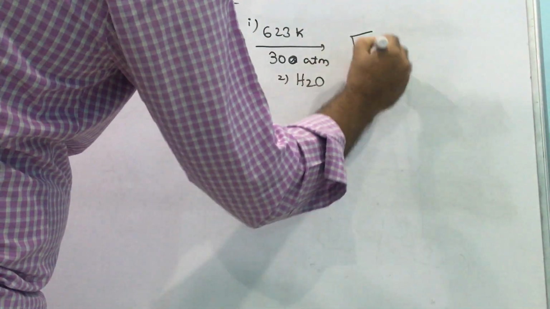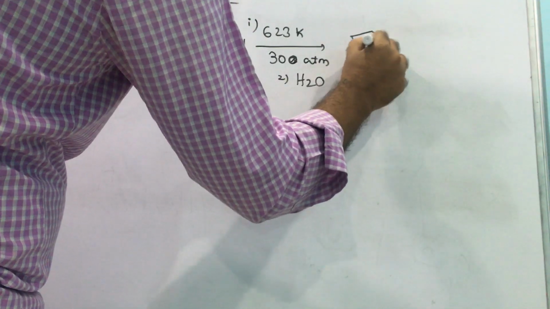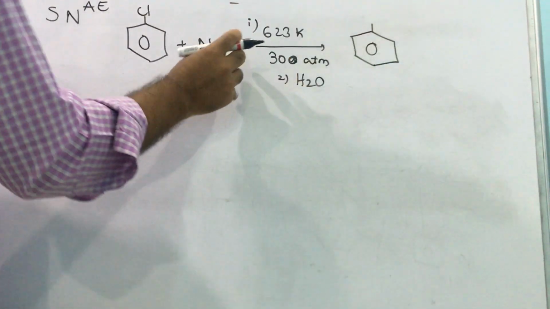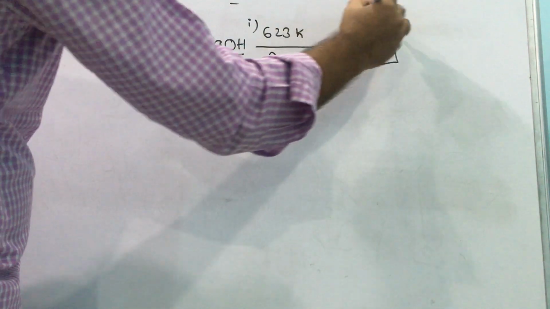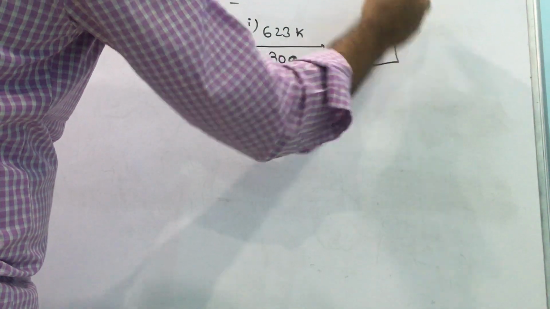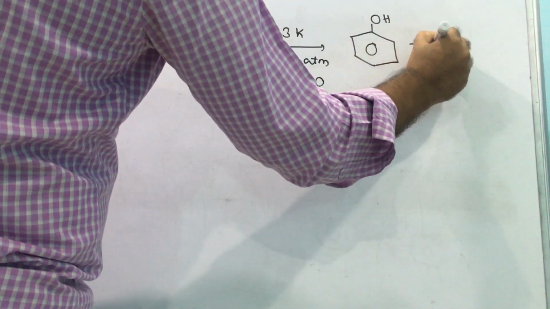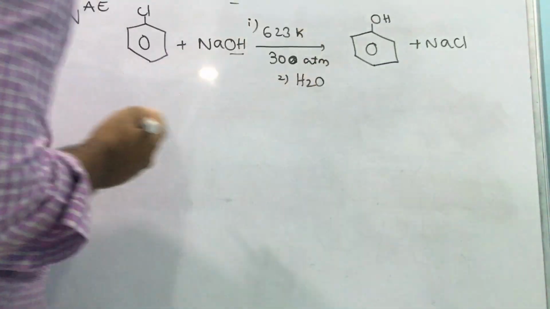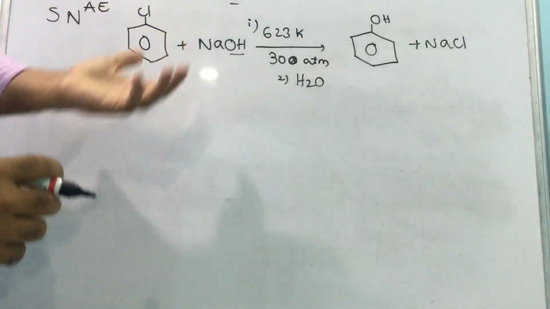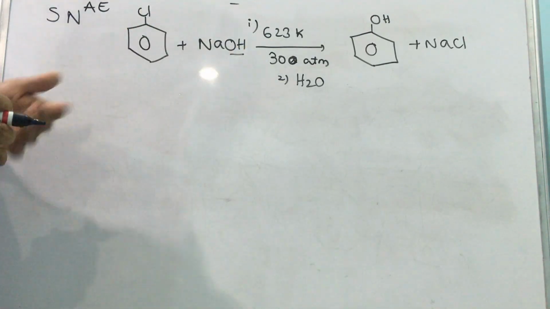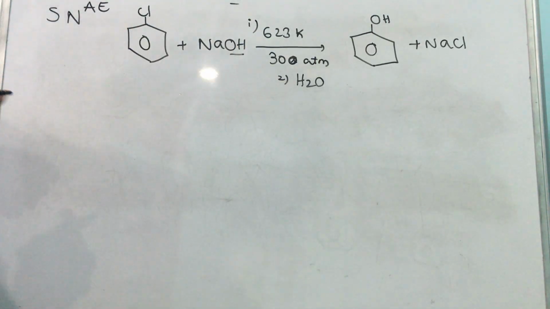Then we will get here OH substituting the Cl, and Na will convert into NaCl. To neutralize that reaction, we have to add water or acid. In this reaction,